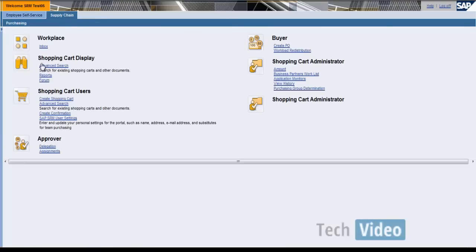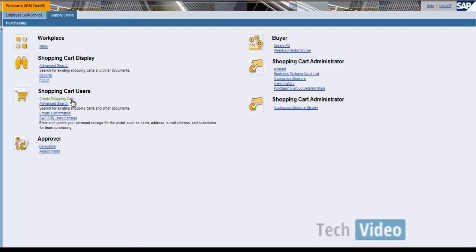In the supply chain we have inbox, so I clicked on inbox. Also meanwhile we'll try to check for the shopping cart number in the backend to see how the approval process is. Let us first open the shopping cart in the front end.